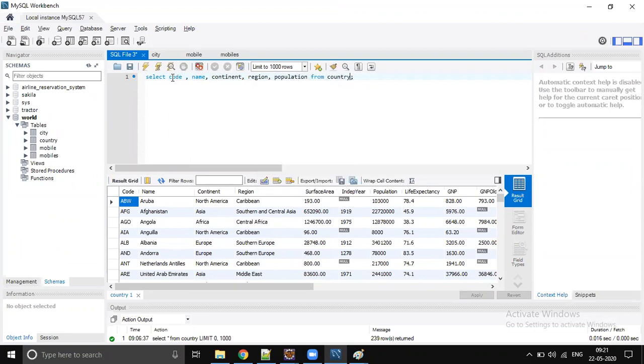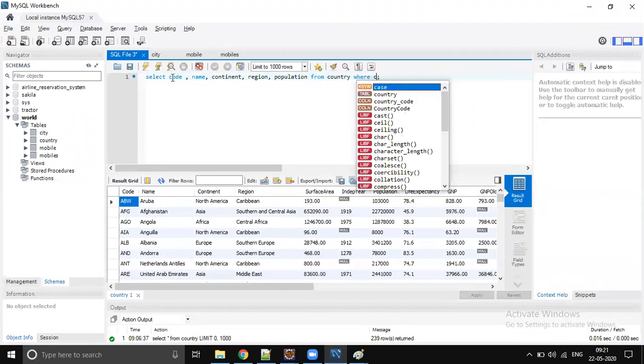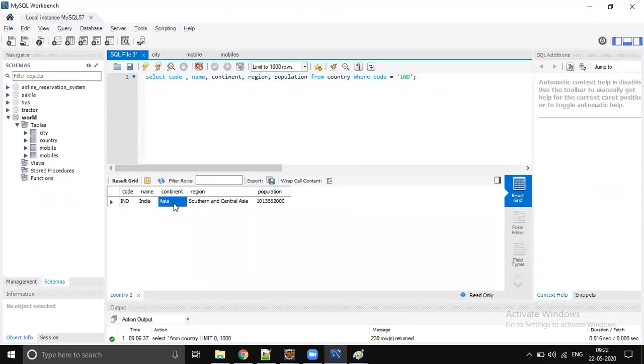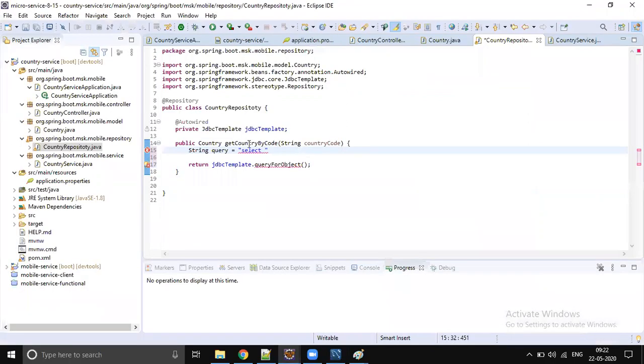Okay, and where country code, right? So where code equals, for example, I'm not sure whether I have India here or not. Let's run this code. If you have India, you will get some data. Yeah, thank God there is one. We have one row, right? India is there. So instead of hard coding data, we should use the placeholder. This is a working query, just copy paste it.